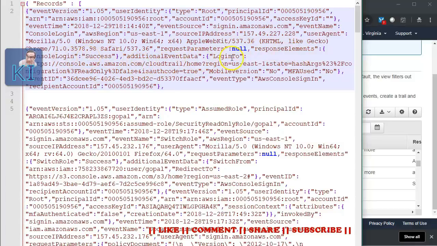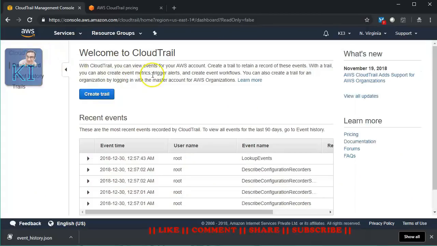After that, some additional event data is there. Whether it was mobile version, no; MFA was used, no; and all such things. So coming back to the CloudTrail dashboard, there is something called a trail, right? Till now we did not do any setup here. These events are getting recorded by default, and you will always be able to see the events for the past